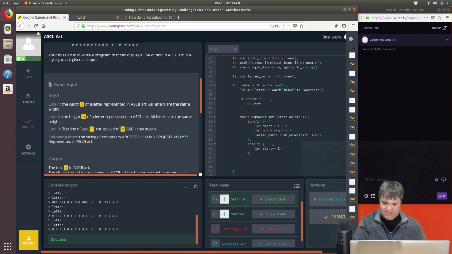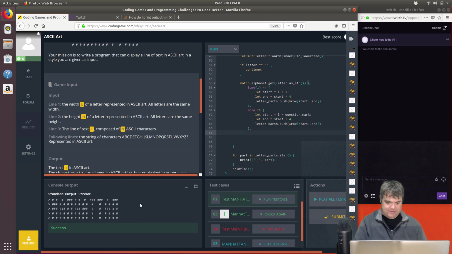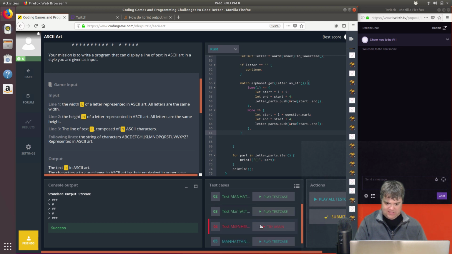Then in here, we can say question mark, that end equals start plus 4, and then letter parts dot push a slice of row start to end, just like that. Let's see if this still works for E. It does. Manhattan does. Oh, and for E does, and for the crazy one,